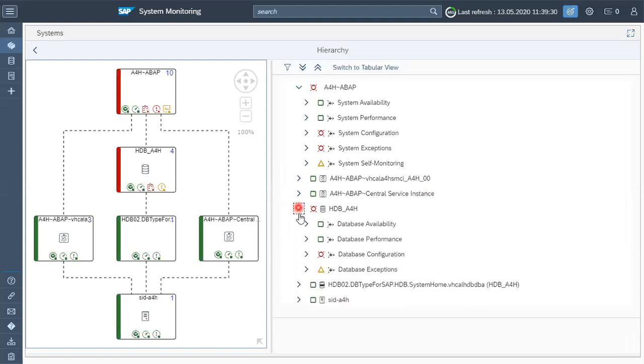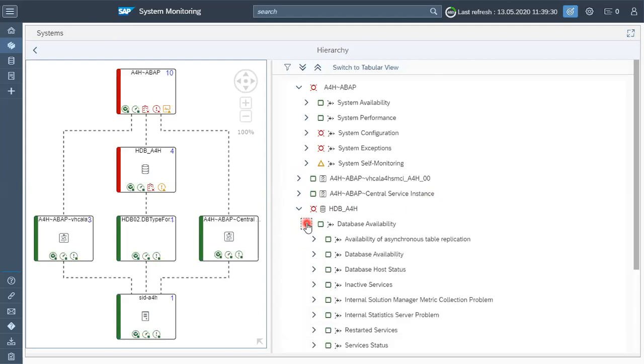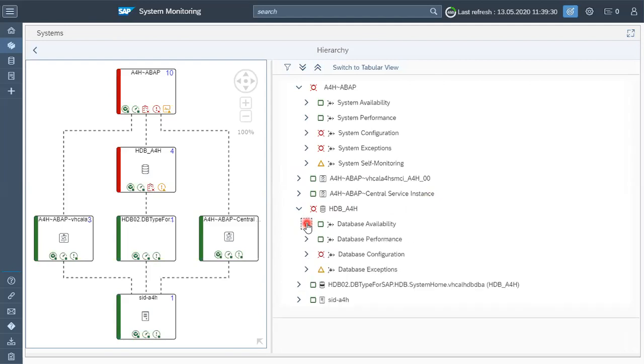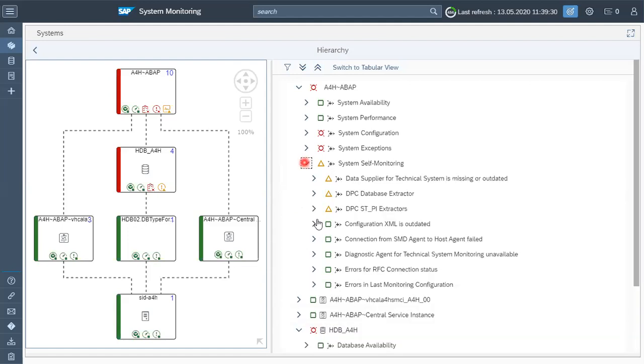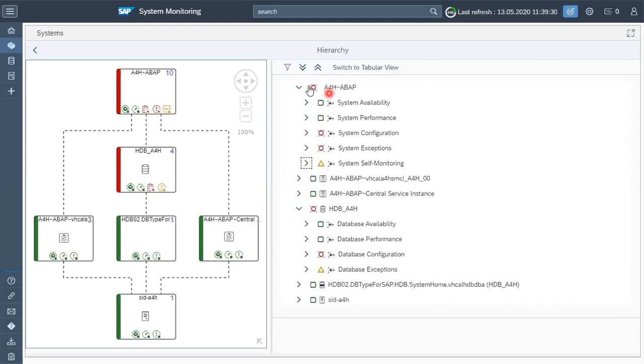This is a database. In the database it shows the same components: availability, configuration, performance and exception. This is self monitoring, which is related to self monitoring of the A4H system. What is the status of self monitoring shows here.